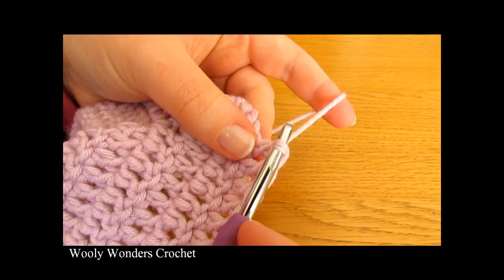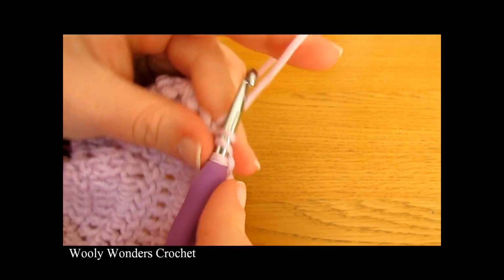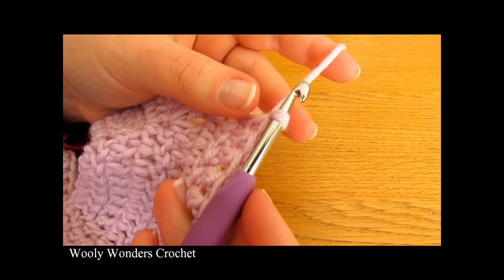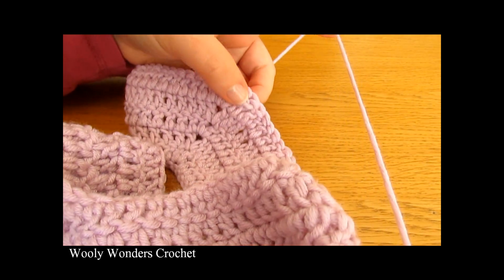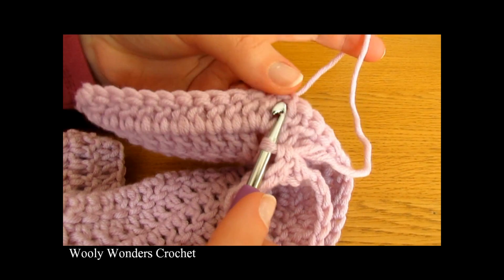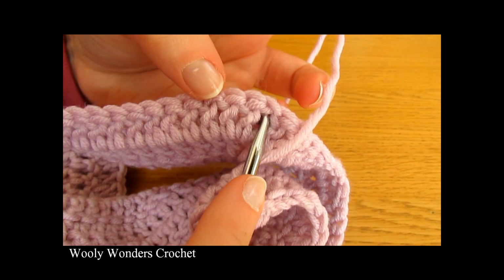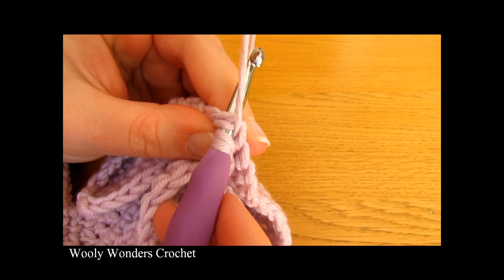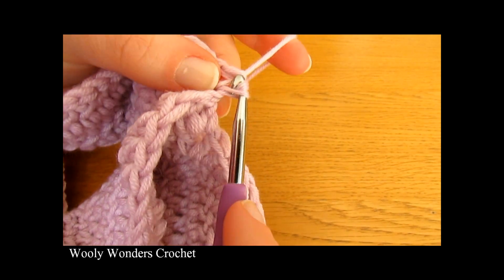So now we are going to go into the space, yarn over, go into that chain 1 space and do 1 double crochet. But now just like before, stop here and skip all of these stitches up until the next space. So until you reach this next chain 1 space, which is here, yarn over, go into this next chain 1 space and do a double crochet. So kind of pull your work together and do 1 double crochet into this next space,